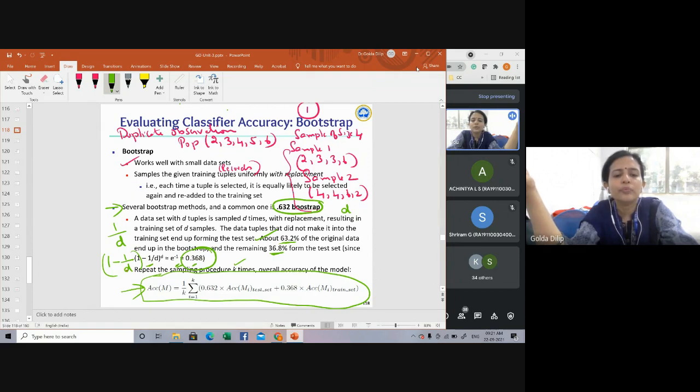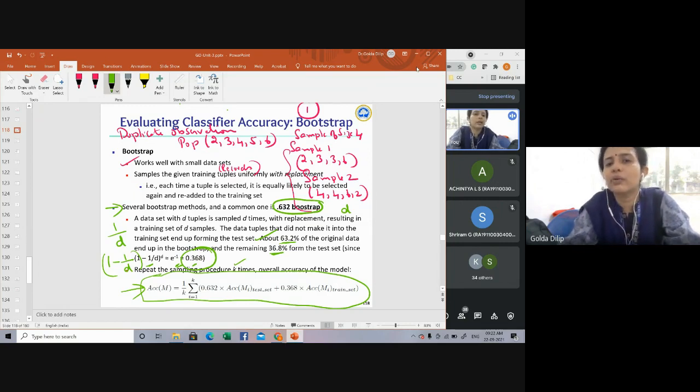So it's also called the 0.632 rule. That's how you derive the accuracy of it. I just wanted to tell you why that 0.632 comes into the picture. All these are to solve the bias problem. Two people, I don't remember their names, proposed this 0.632 estimator, and this is the formula for it. I hope it's clear.